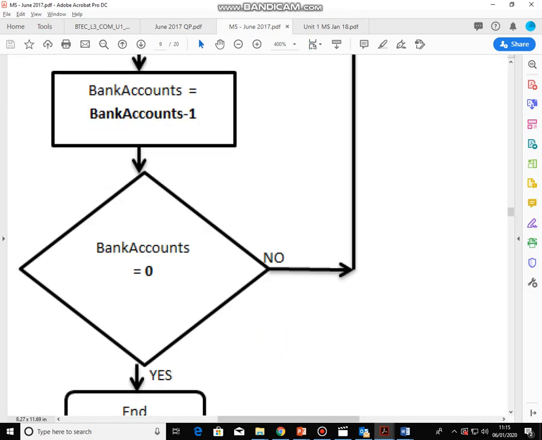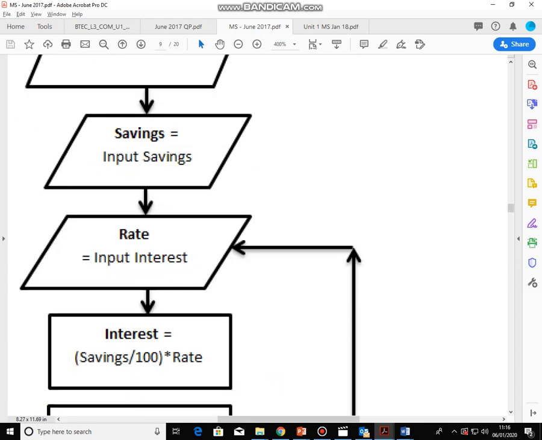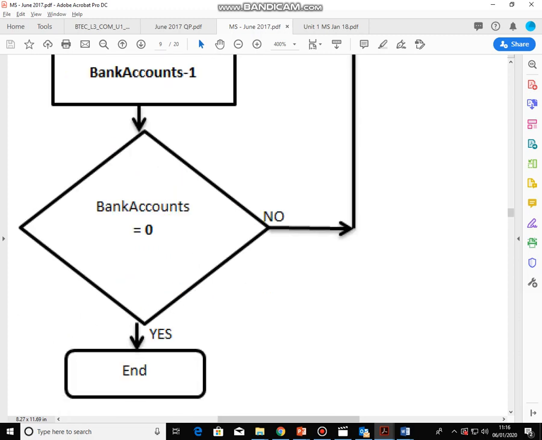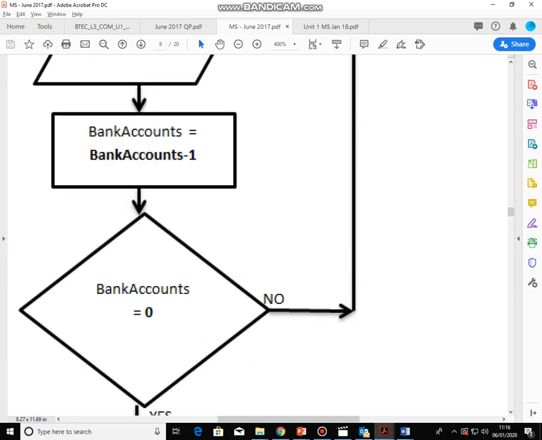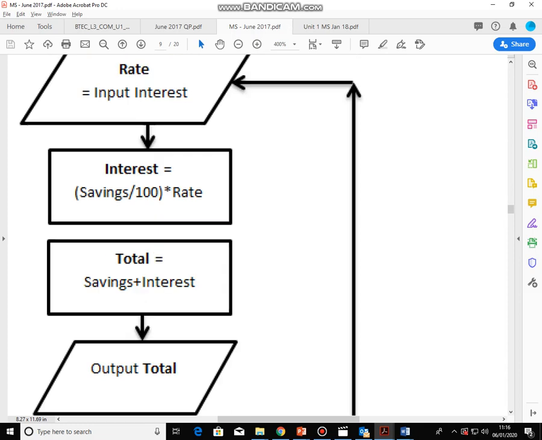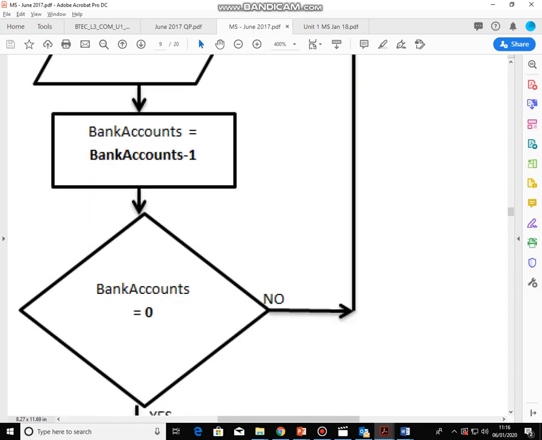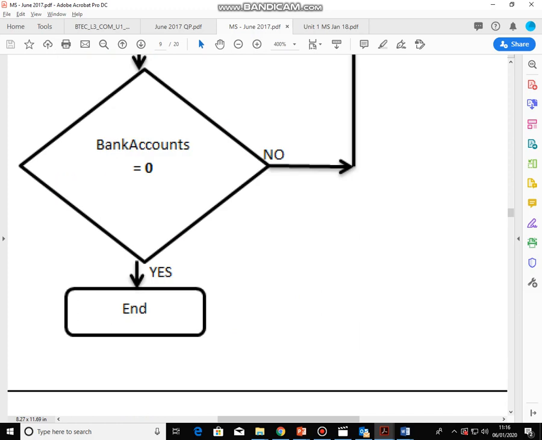So we're saying just make a decision until the bank account is equal to 0. If we've now finished all of the bank accounts, then we will be down to 0, in which case we end. If it is not equal to 0, that means we've still got more to check. We're going to keep going back, going through the whole process, and keep looping and looping and looping. Whereas if it is equal to 0, then we end. Okay, so notice decision always has to have a no or a